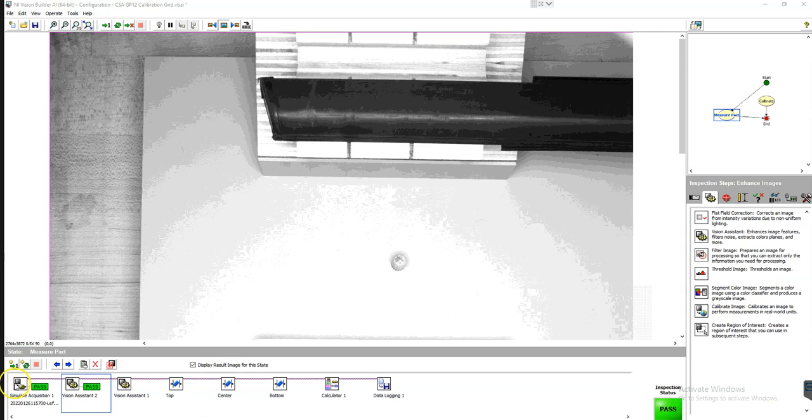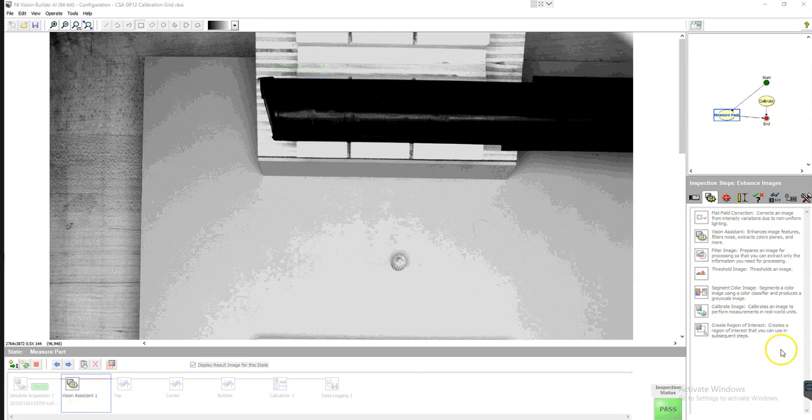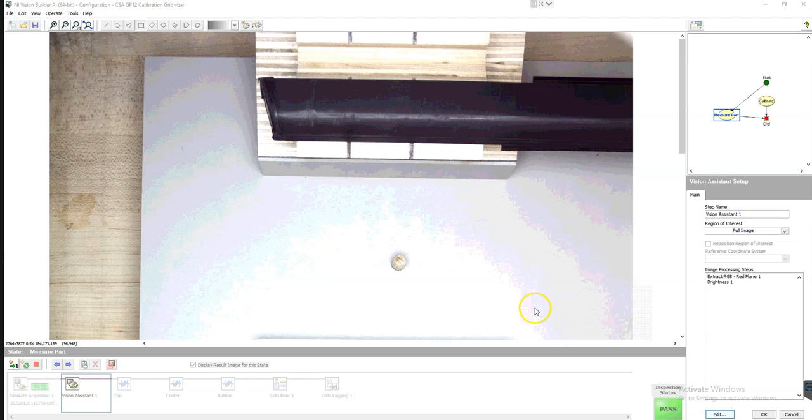So now, if I look at the difference between the original and the new, you can see that it's grayscaled. So I'm going to delete that off, save, because I've already done that here. You can also do things like adjust brightness. So this one I was extracting the red plane and then adjusting the brightness. You can play around with those settings. So if I go into this one, edit,